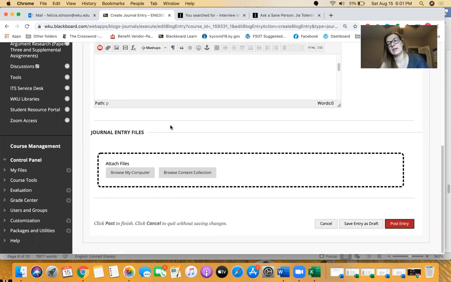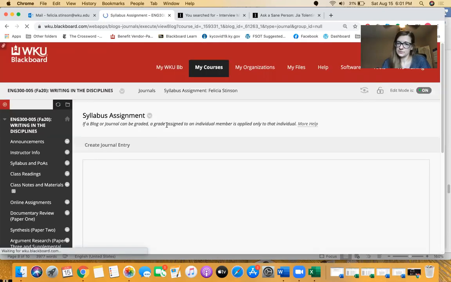PDFs, but I prefer not PDFs. I prefer Word doc or RTF, rich text files. Those are the ones that are easier for me to open on my computer. So, and then you just post entry and you're done. So, okay,